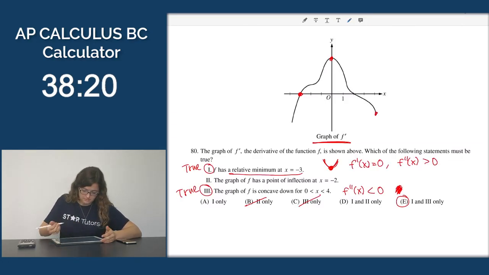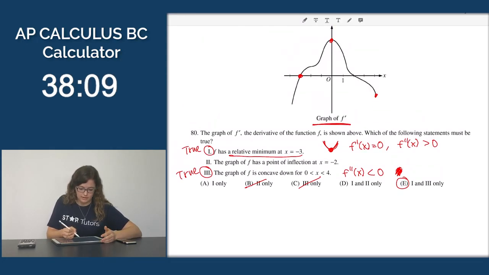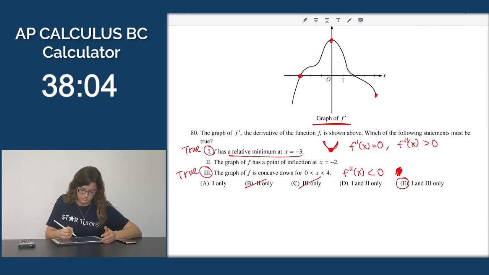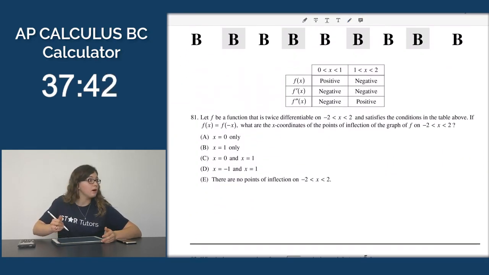Yeah, okay. So I don't even have to think about 2. Although I will say a point of inflection is a place where the concavity changes. So it goes from concave up to concave down. And at negative 2, yeah, it's not. The graph of f is a point of inflection. It looks like f prime is going from concave down to concave up. But that doesn't tell us anything about the original function having a point of inflection there. I'm going to stick with my answer E. I believe that's right. 81 is